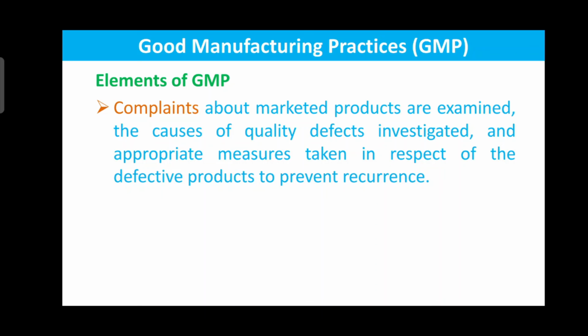In fact, before that, when the raw material arrives at the manufacturing premises, how it is to be handled, stored and tested. First of all, the raw materials are tested against specifications, and then they are released for manufacturing. Then the in-process and finished product, and down to the market. So every aspect of manufacturing is covered by the GMPs, and that's what the elements or principles are about, that you have to take into consideration each and every